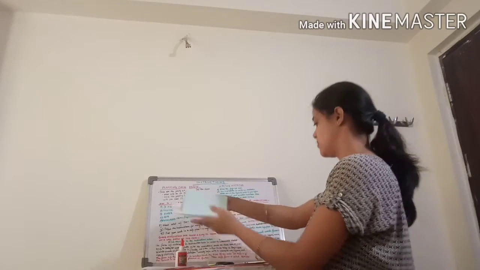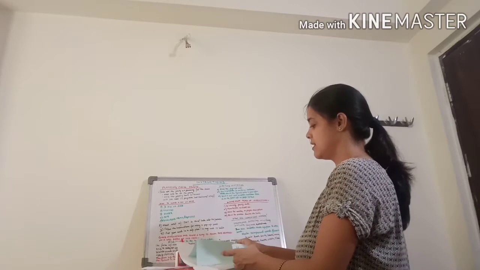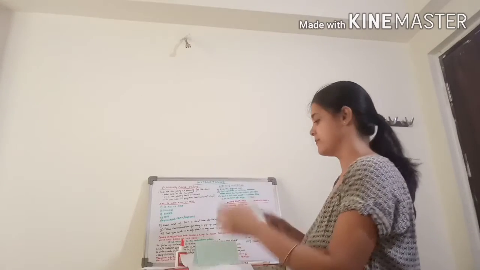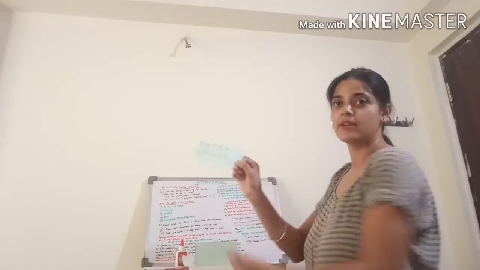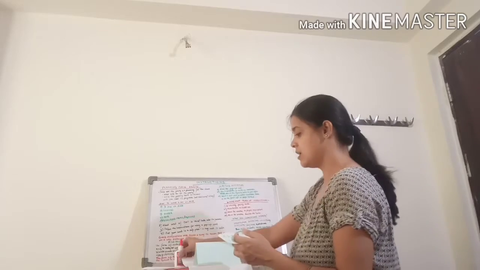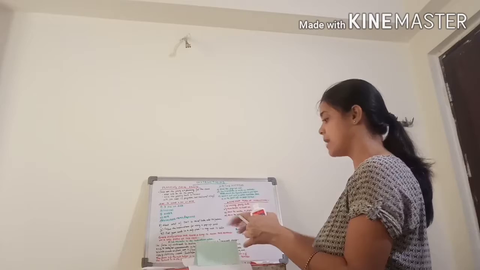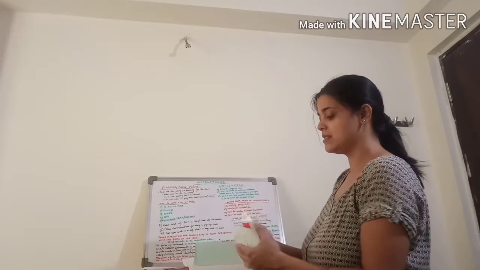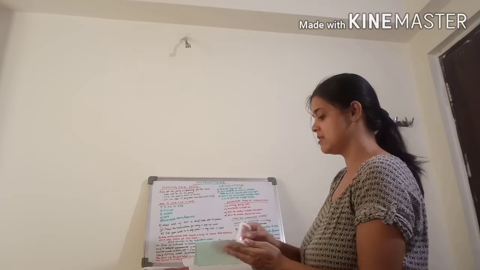Now take one more card, write happy birthday, and cut it along the sides, like write happy birthday and cut that paper out. Now I will again use the glue to paste this card over the card that I have pasted right now. I'll paste this happy birthday card over here.